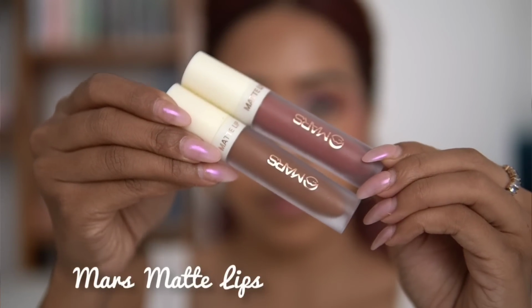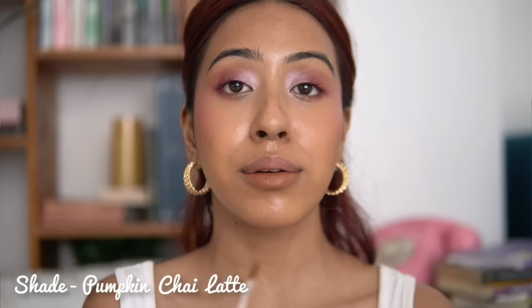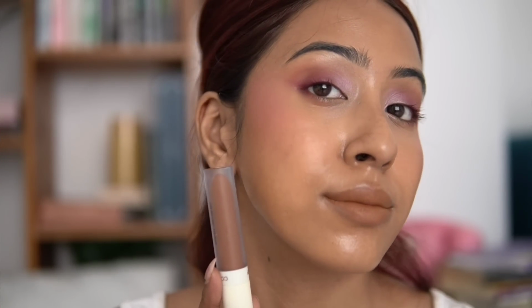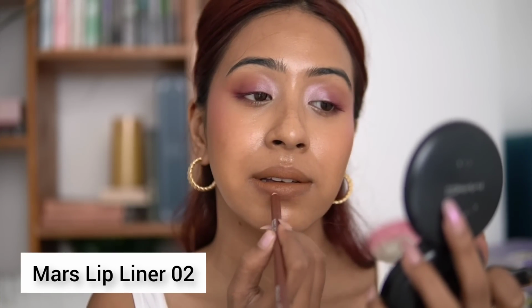And lastly, we do have a Mars lipstick that I just got yesterday. I actually did wear this thrice. Today while filming, this is the third time I used this. I got this and I was like, oh my god, look at that shade. It's so beautiful. I tried it on, and while going out yesterday also, I applied this product, and today while filming also I'm applying this. So I already have used this twice, and let me tell you, this is one of the best lipsticks that